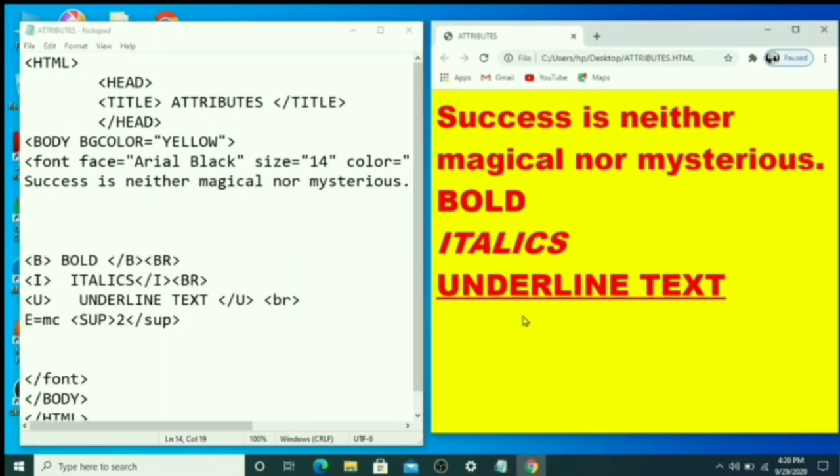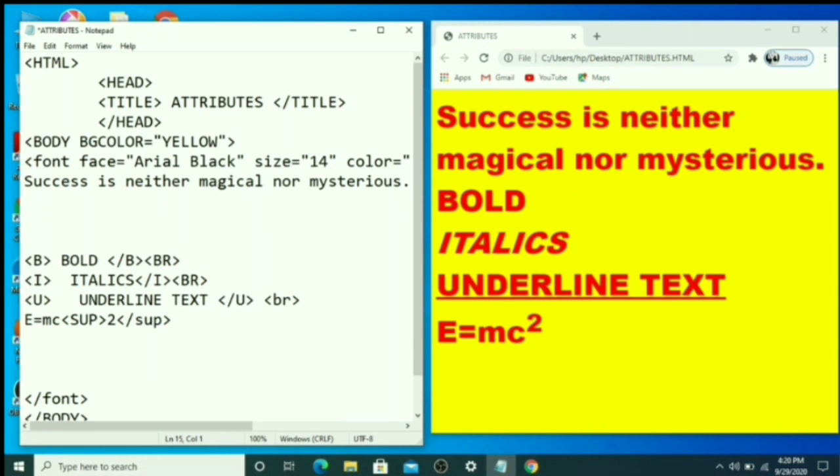You save your file, just see what is the output. Okay, here I am giving space, that's why. Now you see.